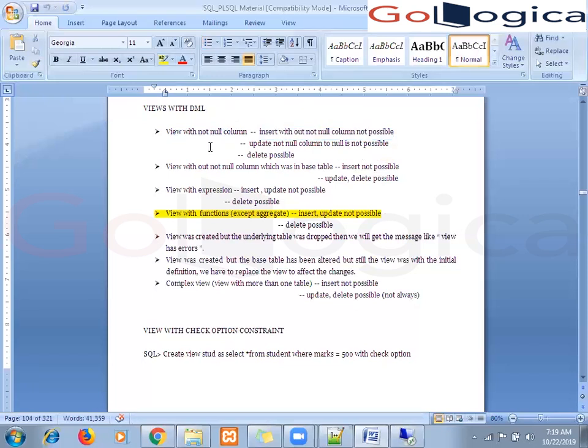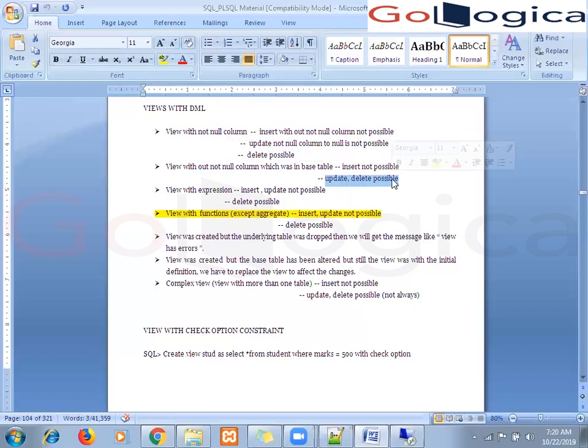That means whenever you are using not null constraint in the base table, at that time insert and update you can't do it. Only delete you can do. Without not null column, you can perform